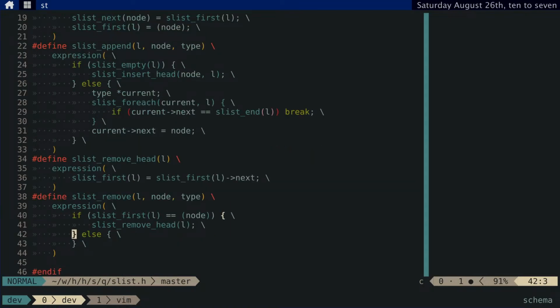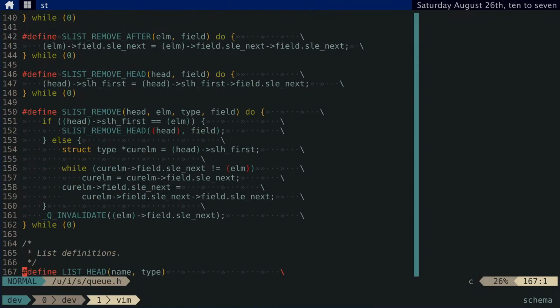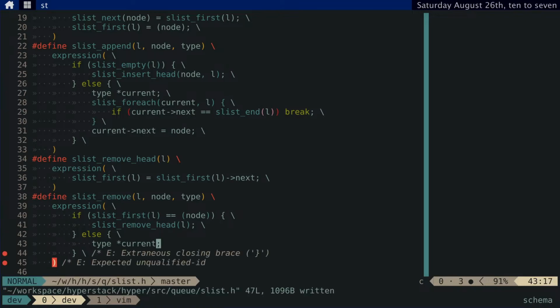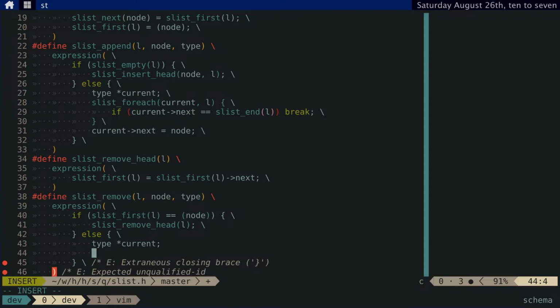Let's see. I guess I need to declare a type. Type current, and then